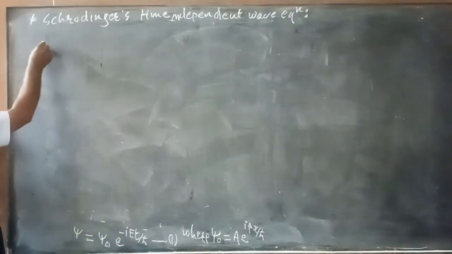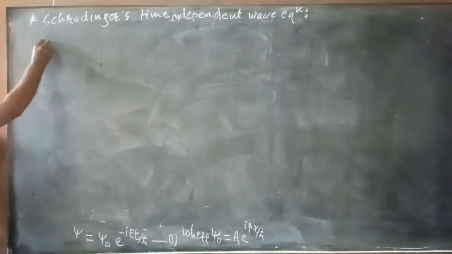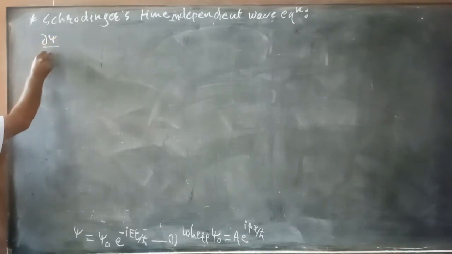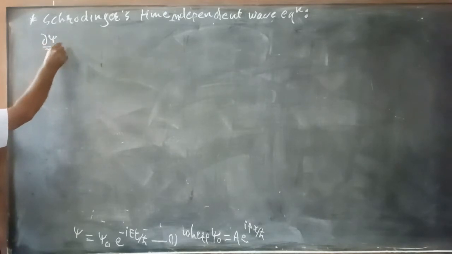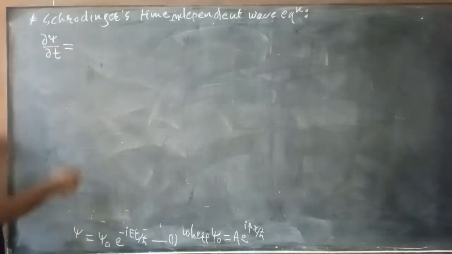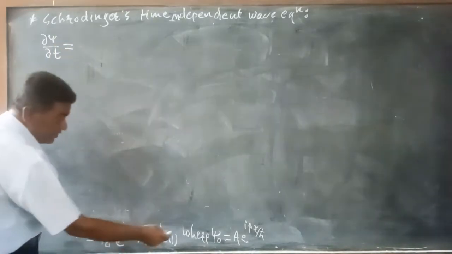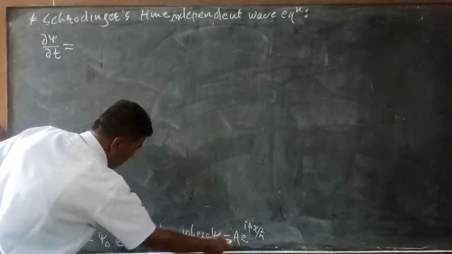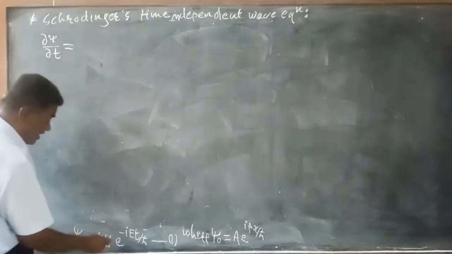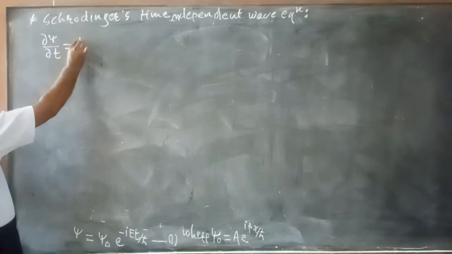So we are getting delta psi by delta t, differentiating equation 1 with respect to t. Psi 0 is independent of t, that is, it can be regarded as constant. So psi 0